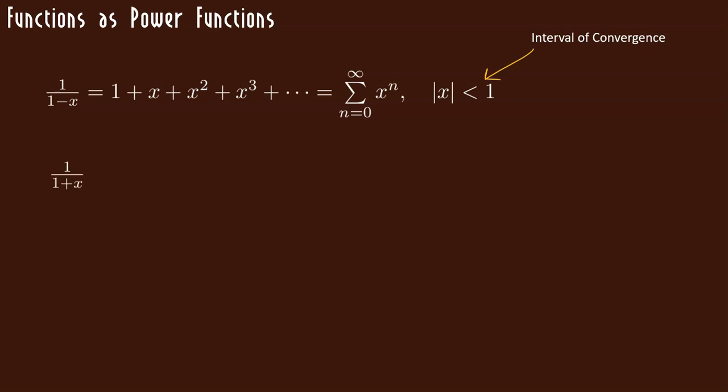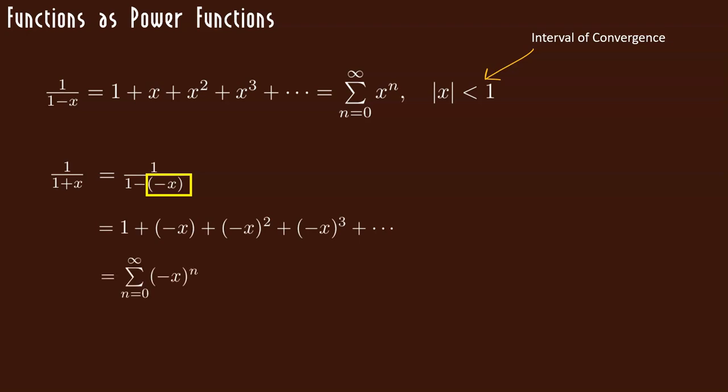What if I have 1 over 1 plus x? I'm going to rewrite that as 1 over 1 minus negative x. So the key is I've got 1 over 1 minus something. That something is the same as our ratio. So this can be written as 1 plus negative x squared plus negative x cubed, and so on. Writing this in summation notation, I have the summation as n goes from 0 to infinity of negative x to